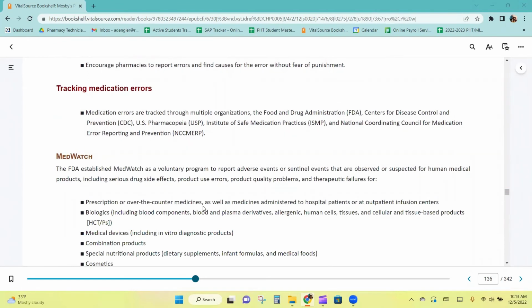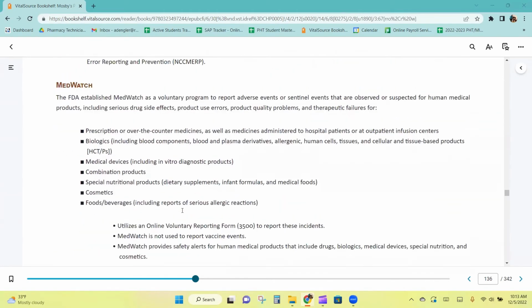Tracking med errors. Medication errors are tracked through multiple organizations: the FDA, the Center for Disease Control and Prevention, the CDC, the U.S. Pharmacopoeia, USP, ISMP, and the National Coordinating Council for Medication Error Reporting and Prevention. The FDA established MedWatch as a voluntary program to report adverse events or sentinel events that are observed or suspected